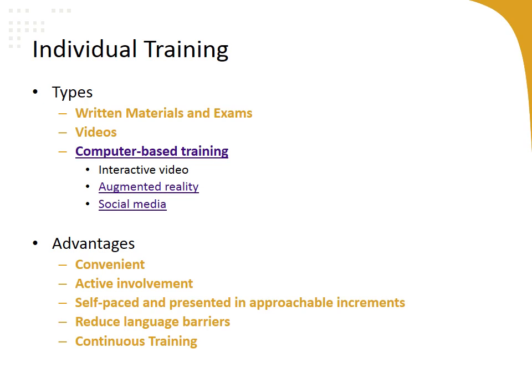Now, another common method of computer-based training and e-learning is interactive video. So with interactive video, employees see a videotape situation on a television or computer screen, and at the end of each situation, employees choose their response to the situation, and the computer shows a video that depicts what would have happened if the employee had made that decision.